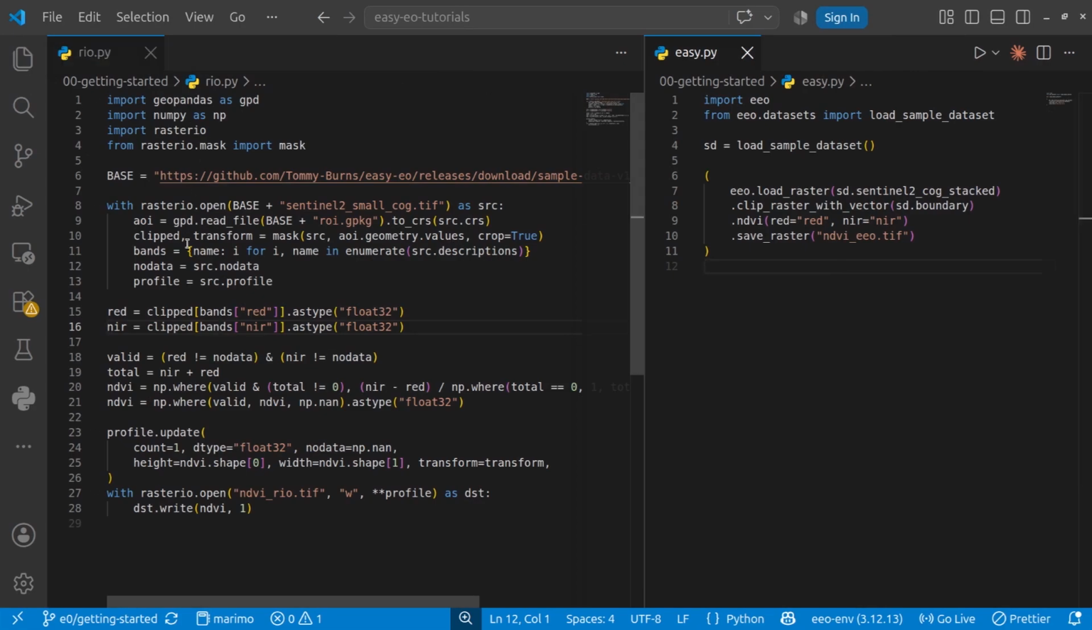I have 2 files here opened, one called real.py and one called easy.py. They show a very simple workflow in Earth observation, but with a traditional Rasterio approach and an EasyEO approach. I try to make this script as simple and as short as possible while also keeping everything that it has to do in check. So what this script does is it fetches a raster file from a hosted Sentinel-2 data,